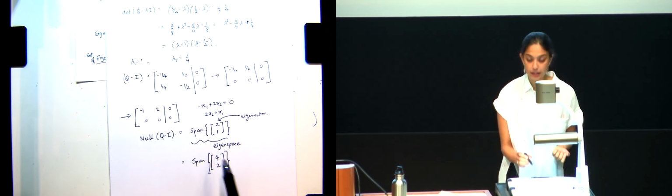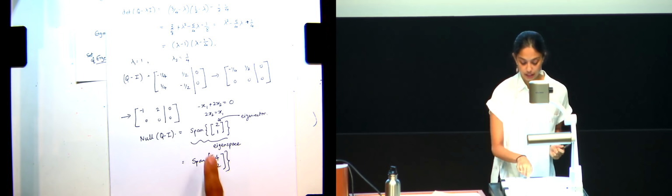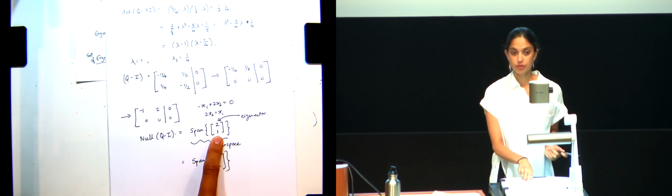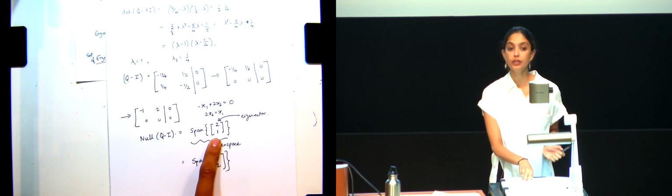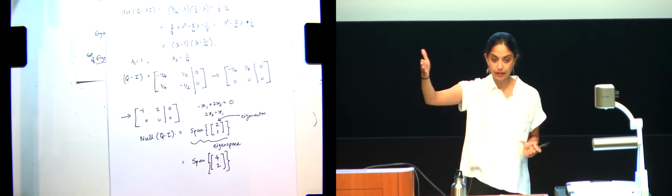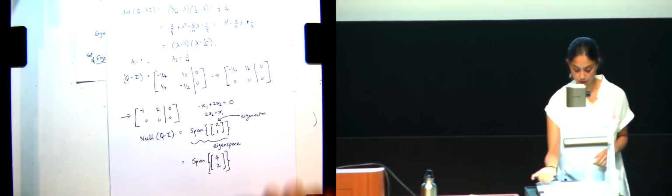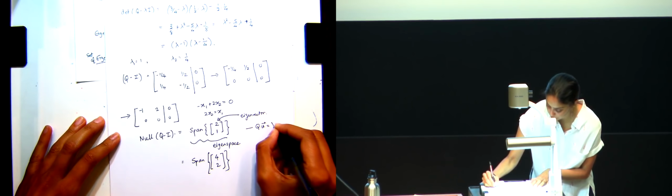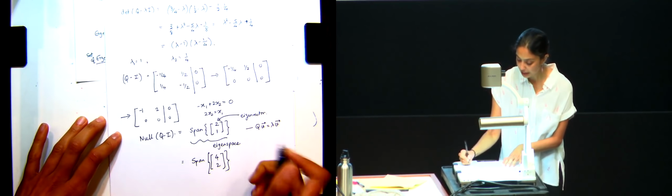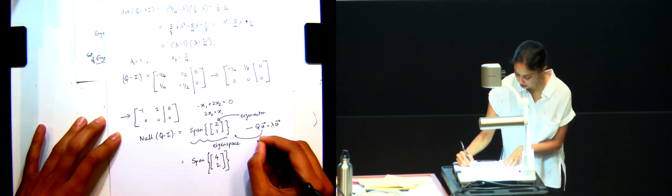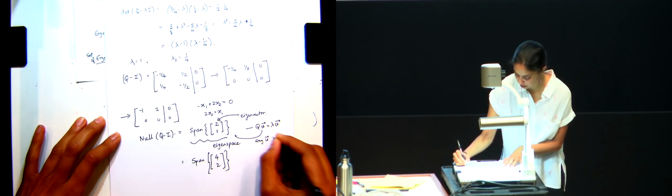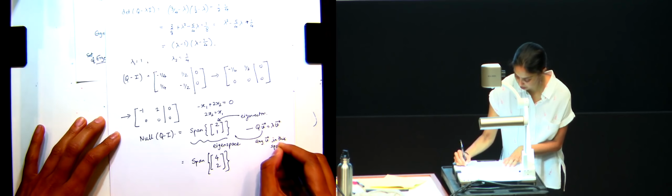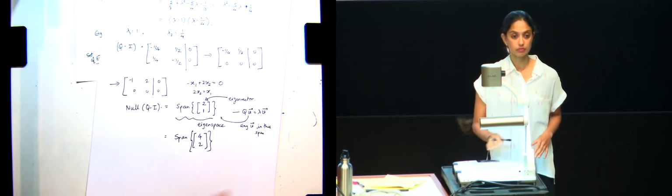Because if you think about it, any vector that is spanned by this set, spanned by 2, 1, will also have this property that when it is multiplied by this matrix Q, what you get back is just a multiple of this vector. So you will always have this property here, QV equals lambda V, for any V in this span. Okay?